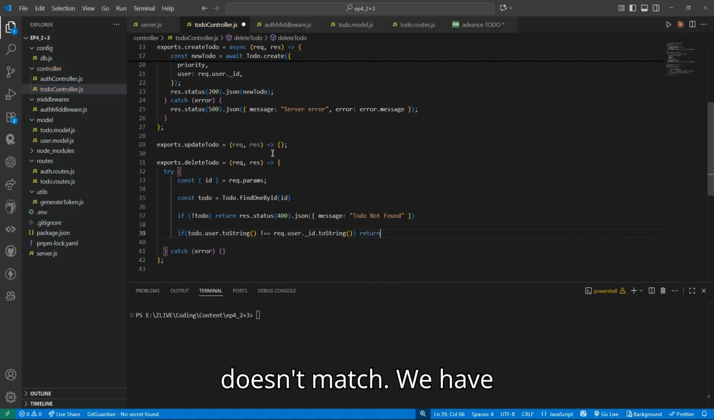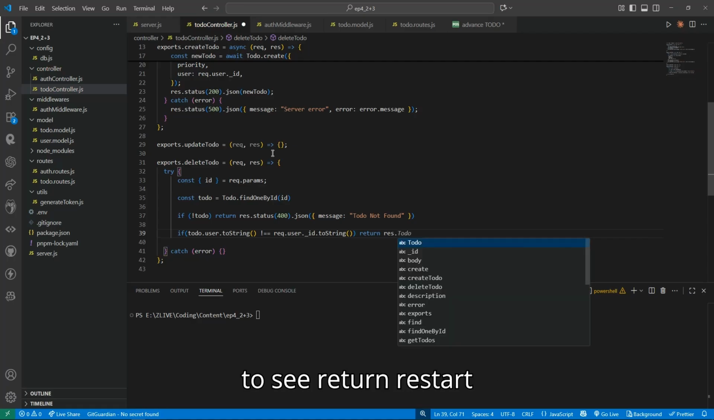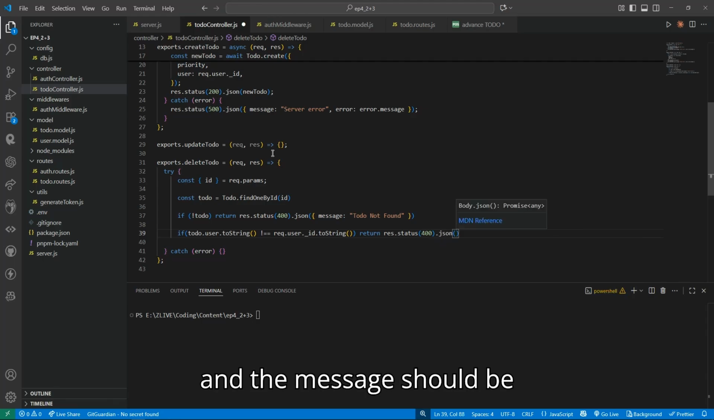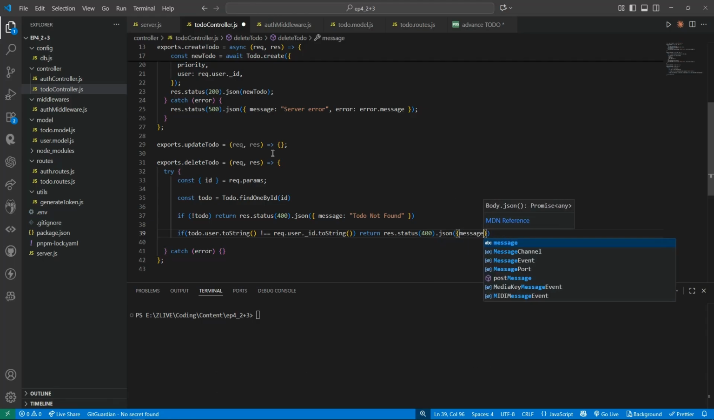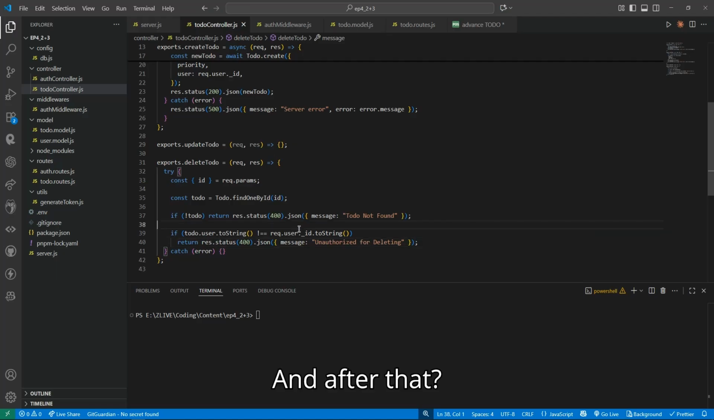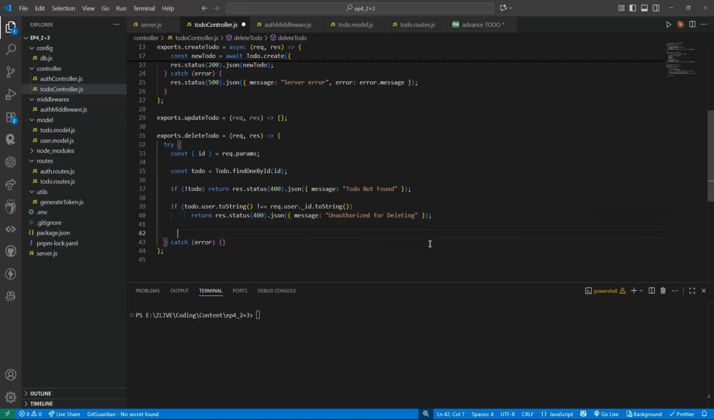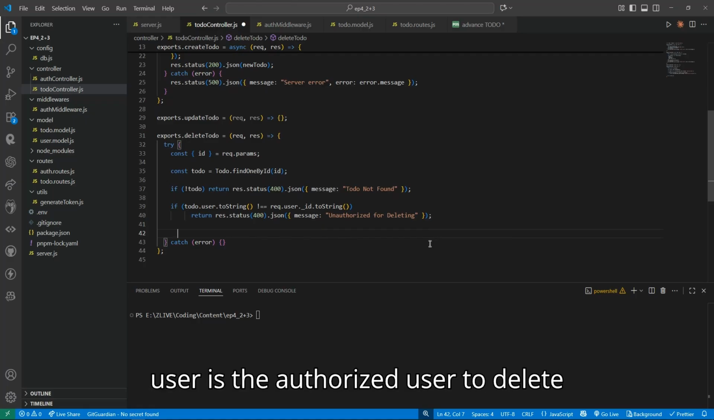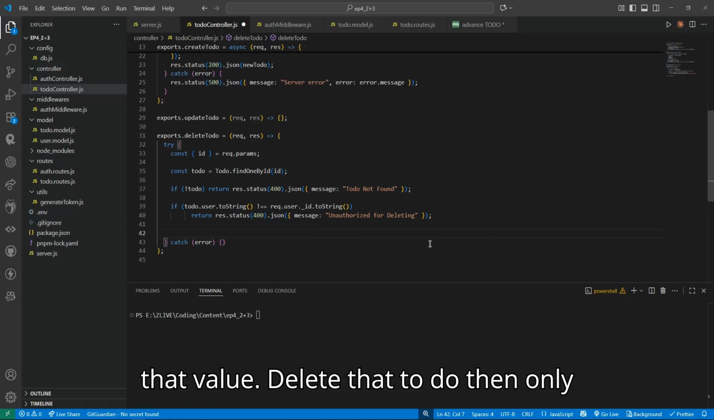If that doesn't match, we have to say return res.status(400).json, and the message should be like unauthorized for deleting. And after validating that the to-do exists and the user is authorized to delete that to-do, then only